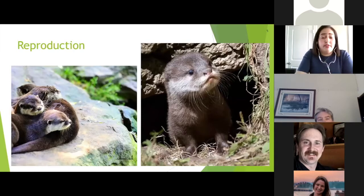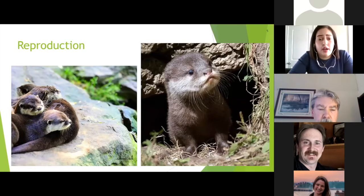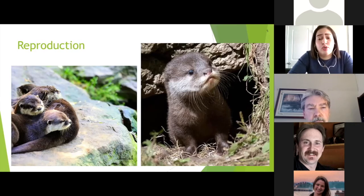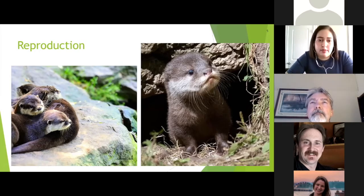The reproductive period is very, very long compared to other species, specifically mustelids. They have a large overlap between the mating period and parturition or birth. This is thought to be because of delayed implantation. This delay is linked to photoperiod or day length. Regions with very long daytimes tend to have shorter delays or no delays at all, and typically the whole pregnancy will be about 68 to 69 days. Whereas areas with very short day periods tend to have very long delays, almost 180 days or greater